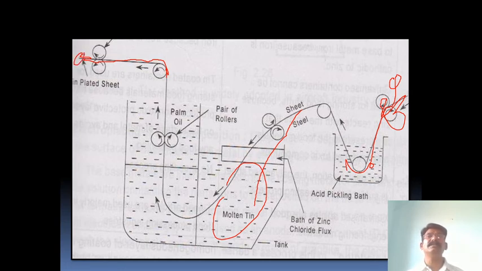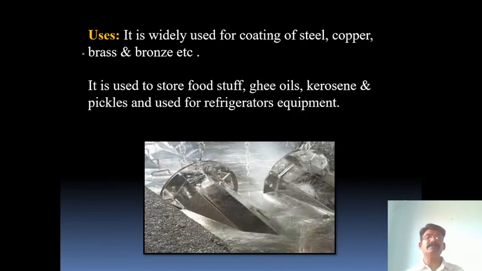I mean the process is same in both galvanizing and tinning. In the galvanizing we have to take the zinc coating on the iron sheet or steel sheets. Here the tin coating on iron or steel. Just the metal is different. Tin is used here in tinning, there zinc is used in galvanizing, and the flux here in tinning is zinc chloride, there ammonium chloride is used as a flux. So these are the two types.